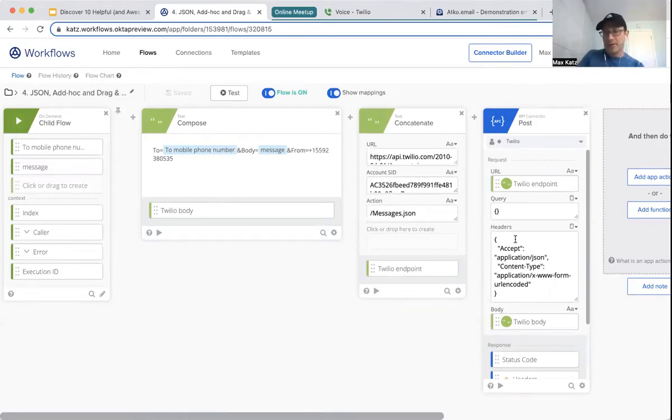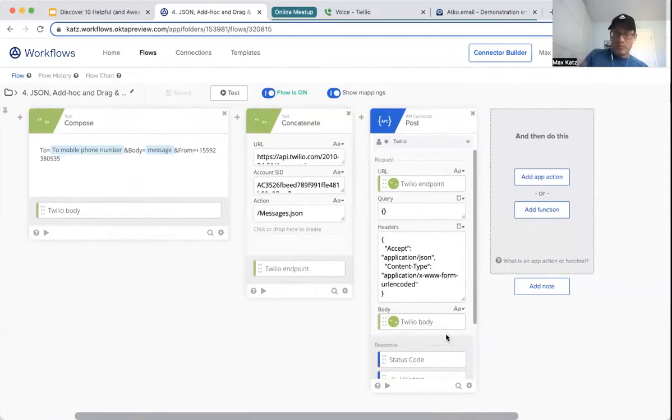As you can see, it has headers, right? If you make a call to a third-party API, the headers will be different for each API. In this case, I have it hard-coded as a JSON string. Now, what is very handy, once you're working with third-party APIs, or just in general, when you need to create a JSON object, is to use a card called